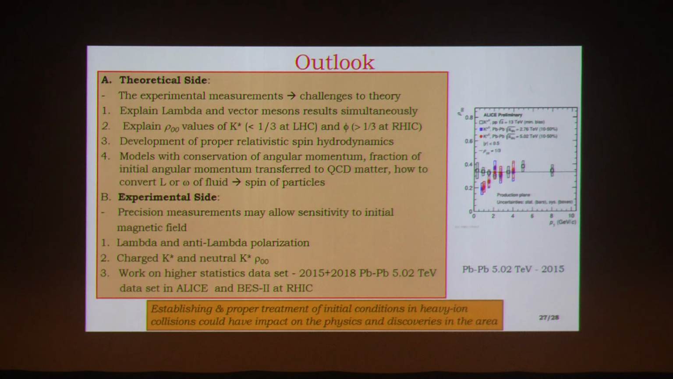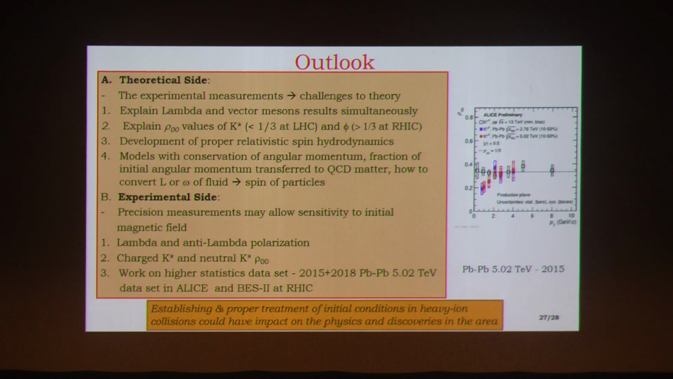On the theory side, these measurements pose some challenges. From the experimental side, the measurements also pose some challenges. How to reconcile the small polarization values measured with the hyperons with the spin alignment of vector mesons? The values are less than 1/3 for K star, greater than 1/3 at least at RHIC for phi. So that would need a development of a proper relativistic spin hydrodynamics, and that is an area which is ongoing